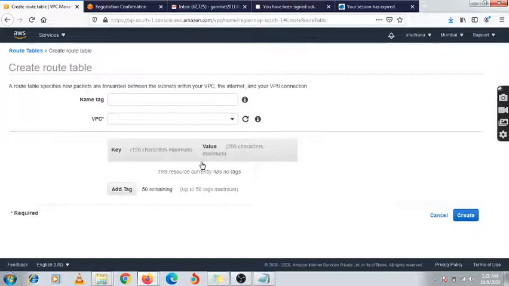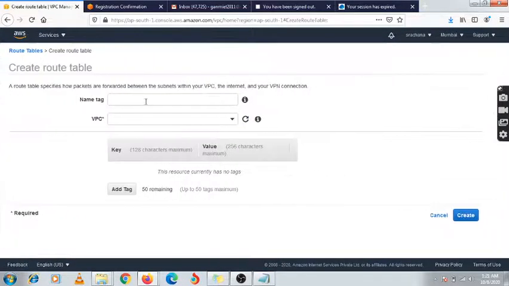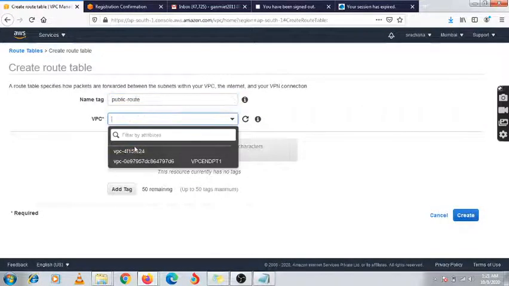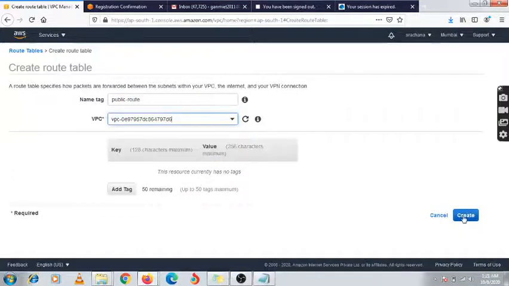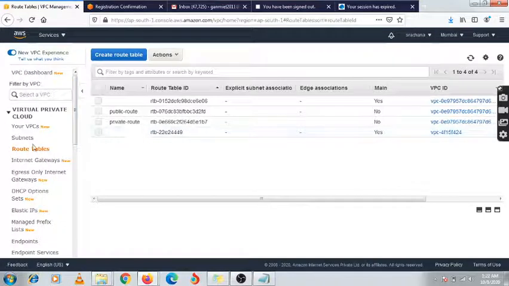So what settings we have done, we need to check first. Private route we have created, so now we will create our public route. Public-route, and you need to select your VPC and just create it. So these settings we have done.